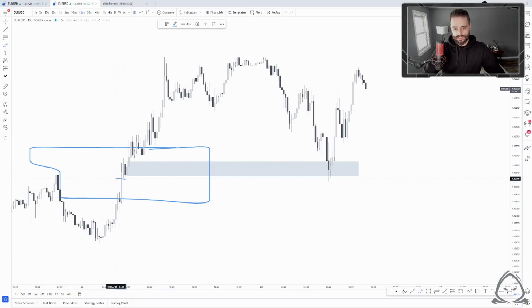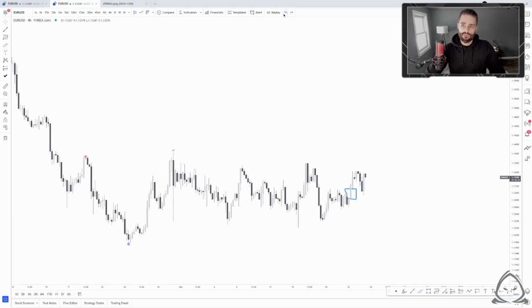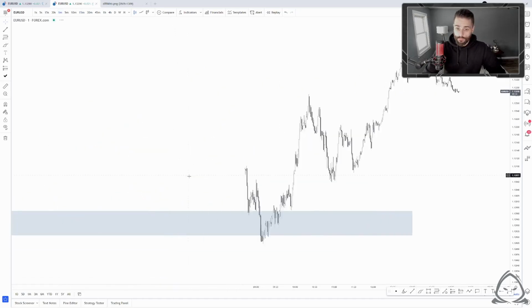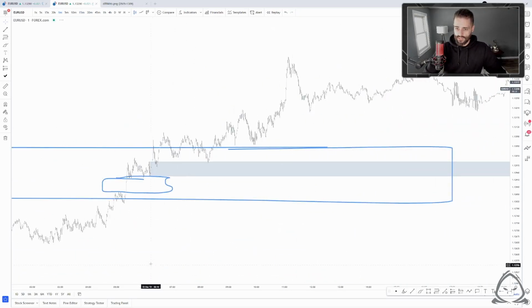All of this is now efficient. It's been filled in except for this area right here. And as we can see, all of this is efficient too. So, whoops, if I go back and put that back on. Now when we go to the 1-minute chart, for instance, what we can see if we zoom in